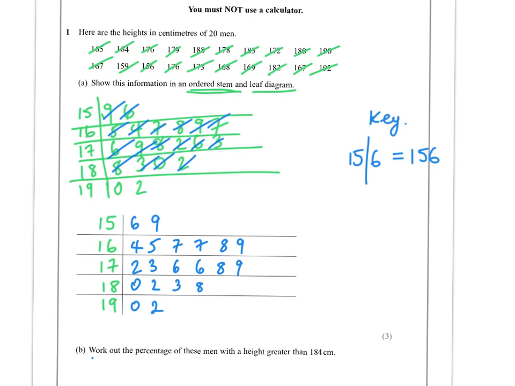And then it says work out the percentage of these men with a height greater than 184 centimetres. So this is where the stem and leaf can help. This is one of the reasons for doing it. So we can see 180, so greater than 184, so there'll be 1, 2, 3 men out of a total